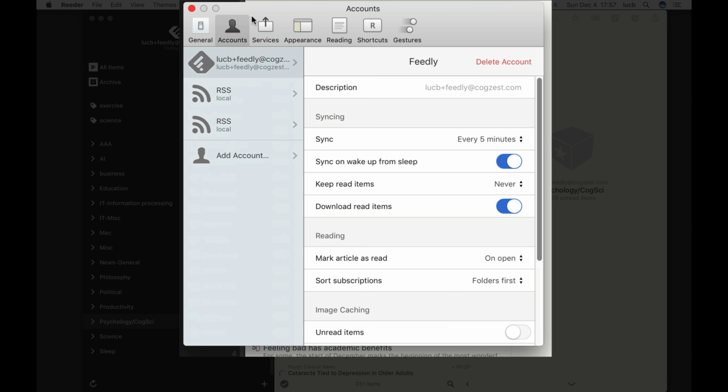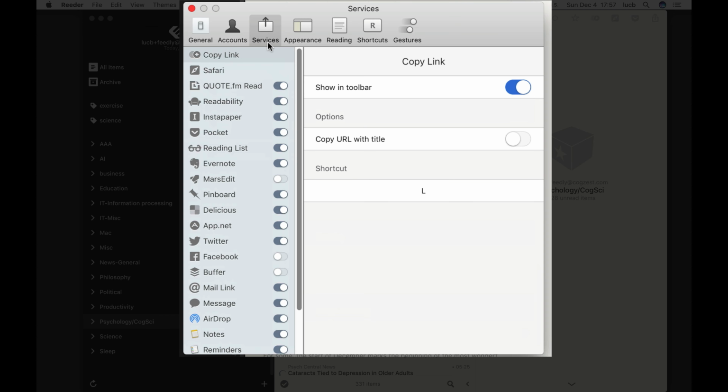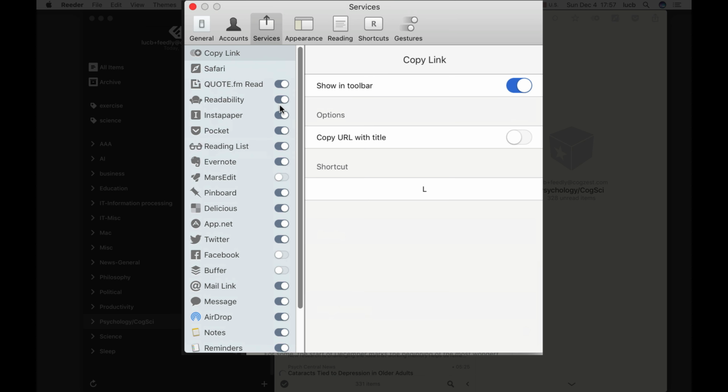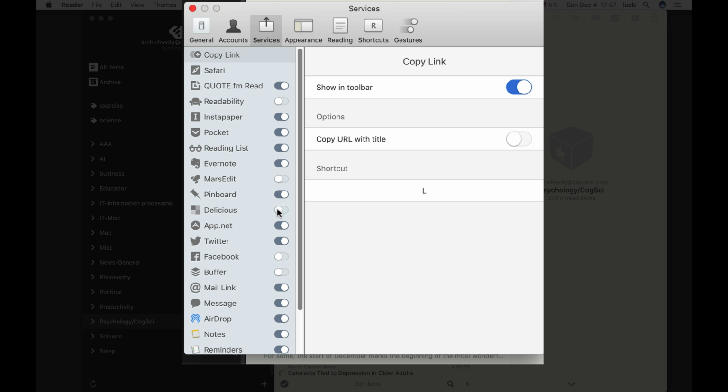The next thing you do is go to the Services tab, and here ensure that you enable or disable what you wish. I don't use Readability, so turn that off because I don't want clutter in my user interface. I use Pocket, the reading list perhaps. I don't use Evernote, but I'd like to display it for you. So then I come down, Delicious, it's no longer relevant. App.net is gone. Twitter, I'm very unlikely to tweet, but I would like to demonstrate it perhaps, so I'll